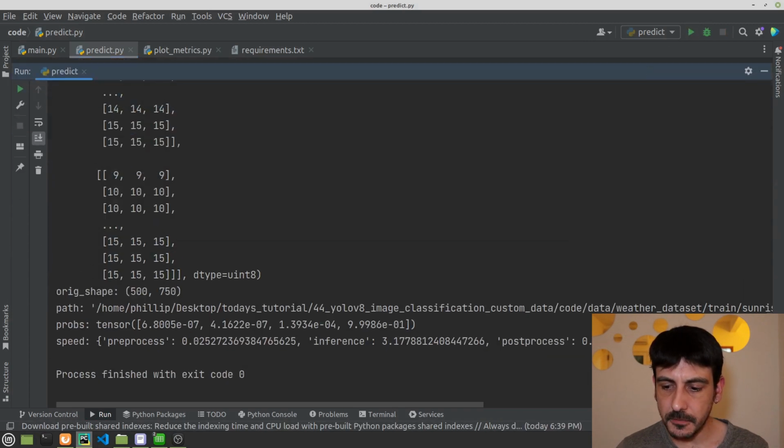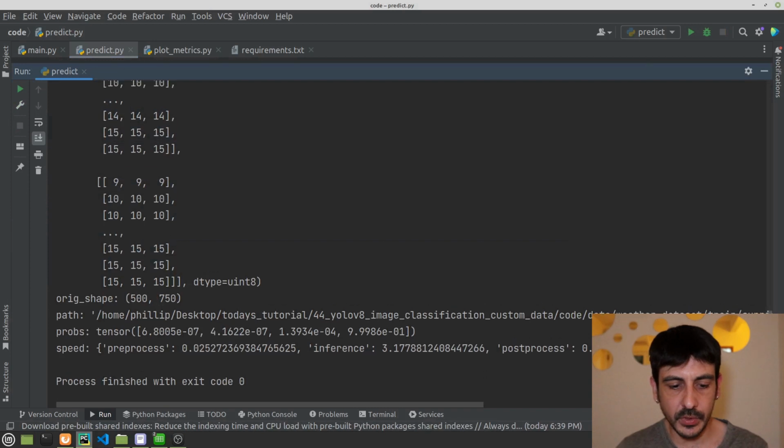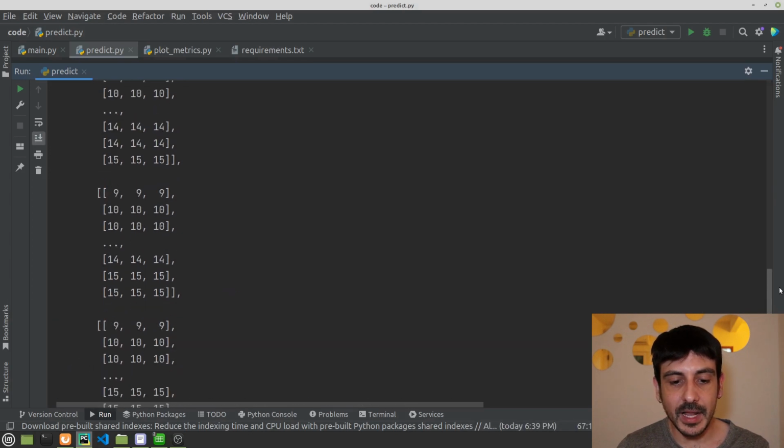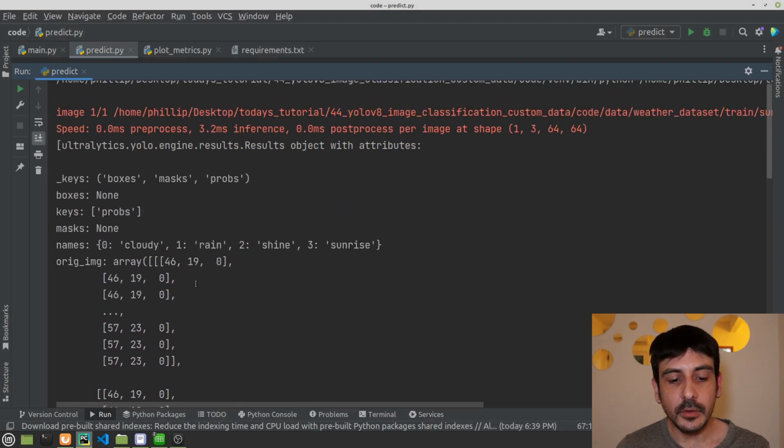So this is the entire information we are getting when we print results, right? You can see that this is a lot of information. We have these probabilities, which are the inferences we are making. This is exactly the result of applying our image classifier, and then we have a lot of information. Another result which is very important is this one, which are the names of the categories we have just trained our image classifier on, right?